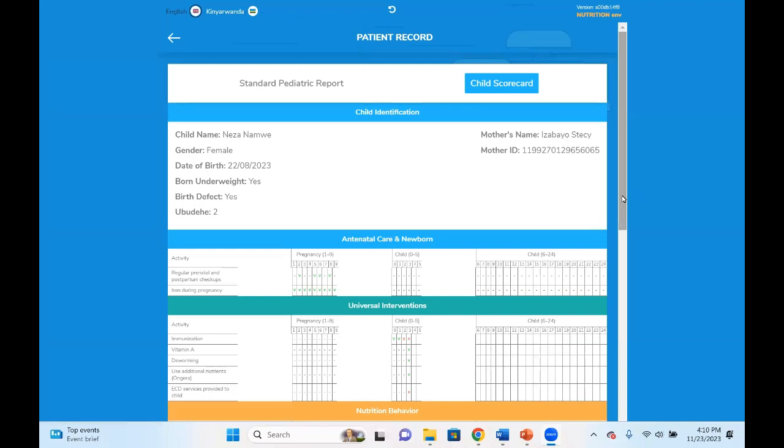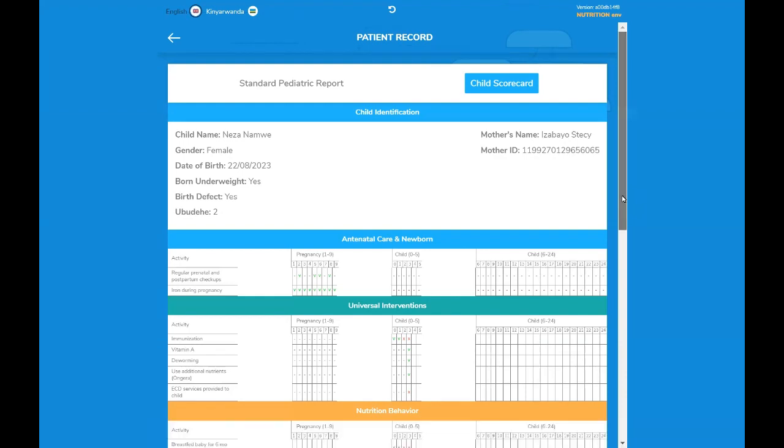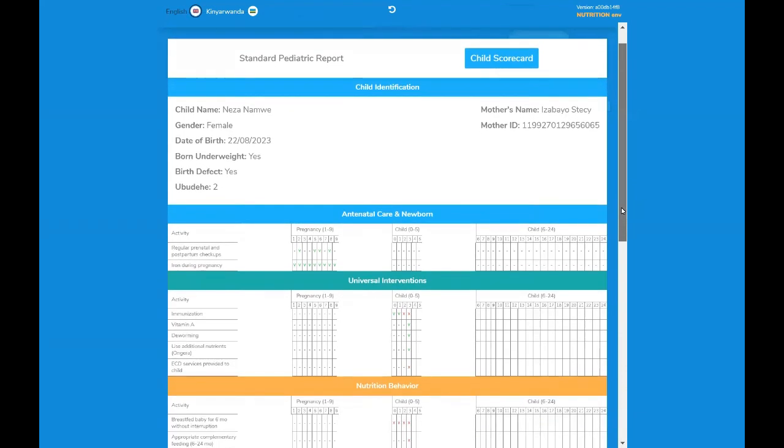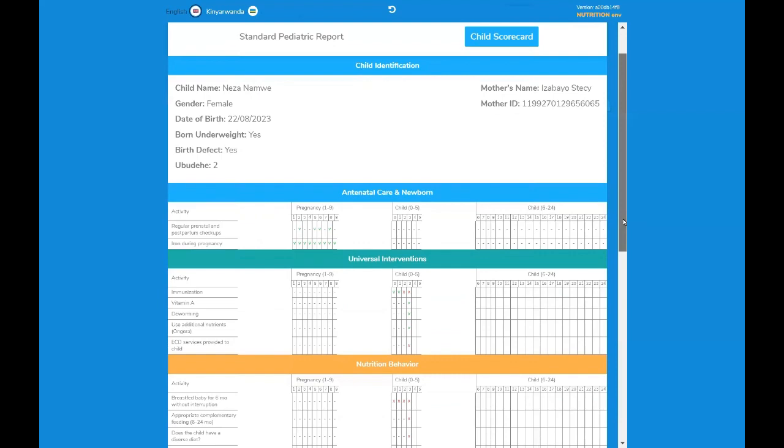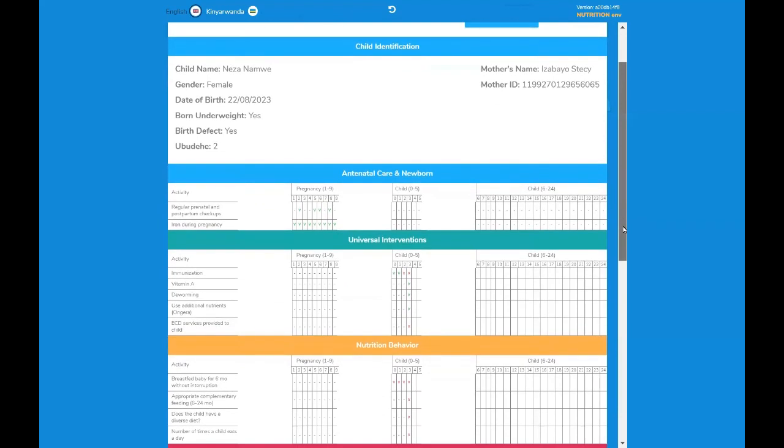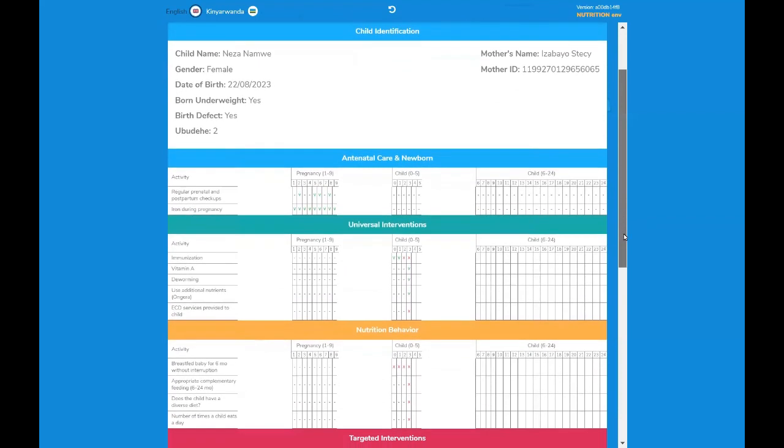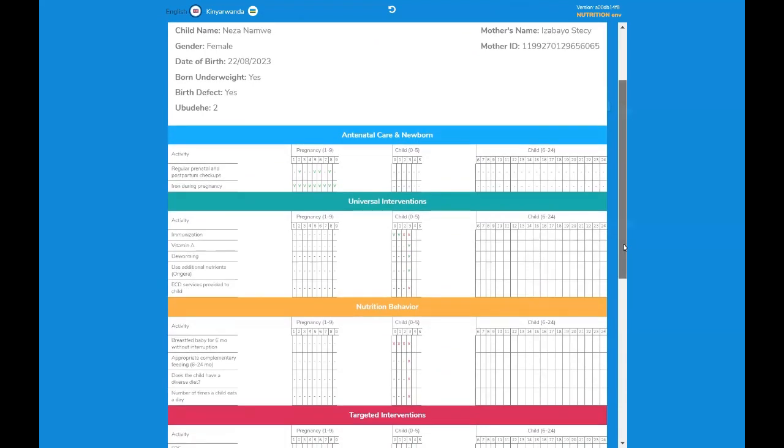This is an example of the Child Scorecard that the National Child Development Agency in Rwanda had created. It originally was a paper-based form, and they wanted to recreate it exactly as the paper-based form appeared. So you can see here that they have multiple categories of indicators they follow, including antenatal care, newborn health information,